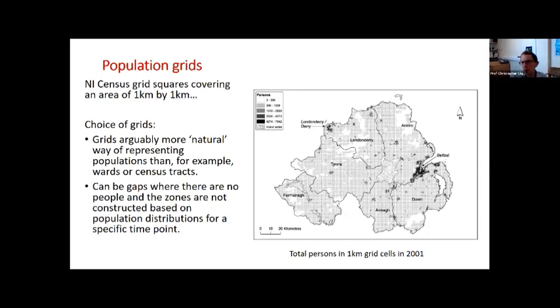So let's just say a little bit more about the grid square data. I am an advocate of grid squares, and I've been working with them for a long time. I led a project trying to translate data for Britain from 1971 to 2011 from the standard geographies to grids, partly because they are really good for exploring change through time. But as I said, in Northern Ireland, we have these data. They can be used and downloaded freely from NISRA. On the right-hand side is an example of one of these grids, and this is just population, from 2001. We've got 2011 data, and then hopefully soon in the next few months, we'll have 2021 data too.